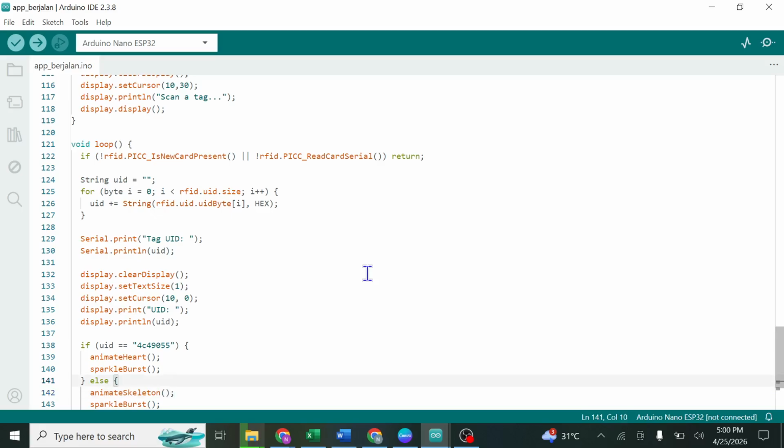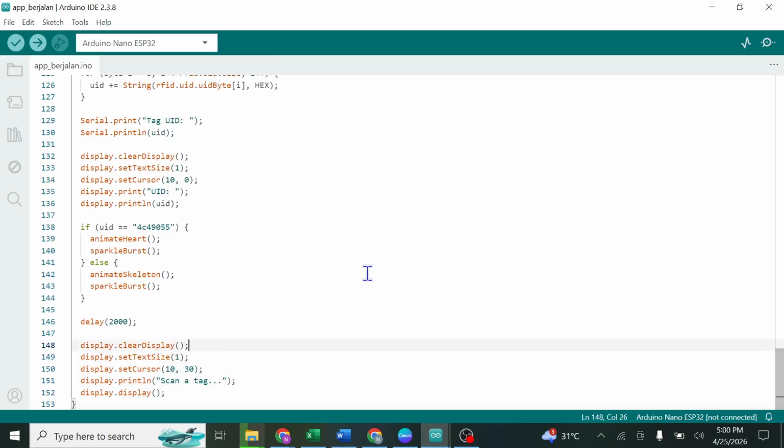Else, if the UID does not match, the system shows the dancing skeleton animation and sparkle effect. And then delay 2000, wait for 2 seconds. And display.print, then the display returns to standby mode and waits for the next card.